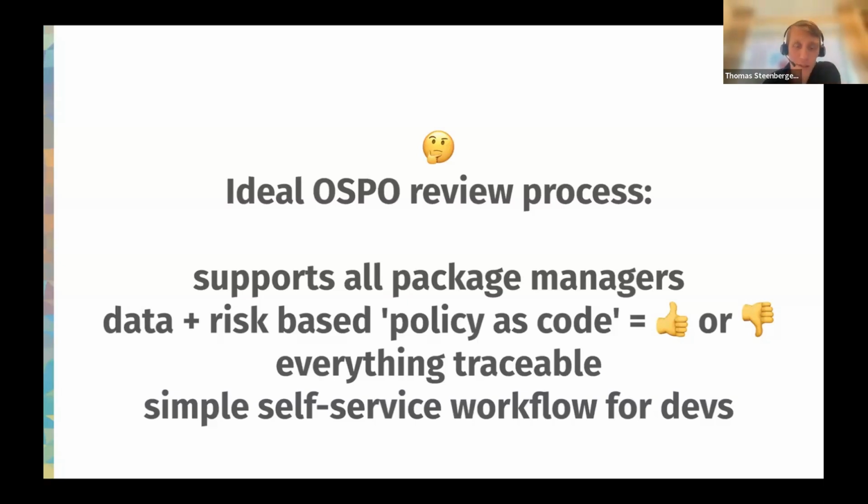Plus, we ideally wanted something that was end-to-end traceable, and that had to do with all kinds of regulation. If something goes boom, you need to be able to prove to the auditor how you reacted to that and how you can trace it back. So you need to know what happened. But of course, with the review process,